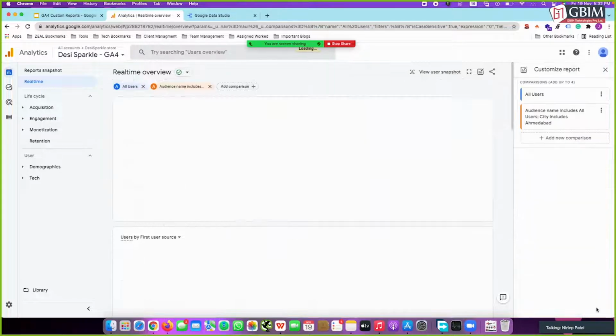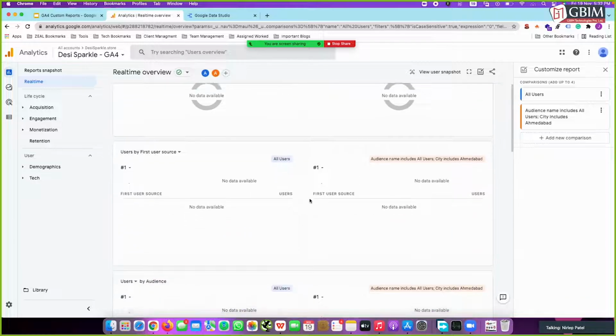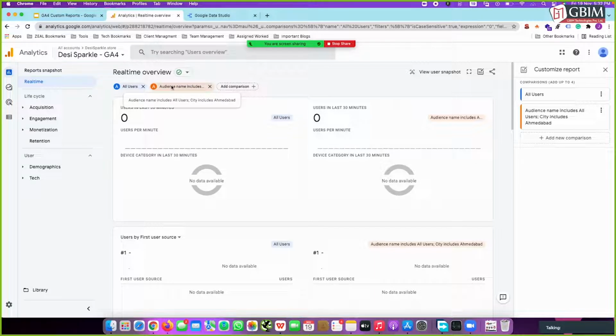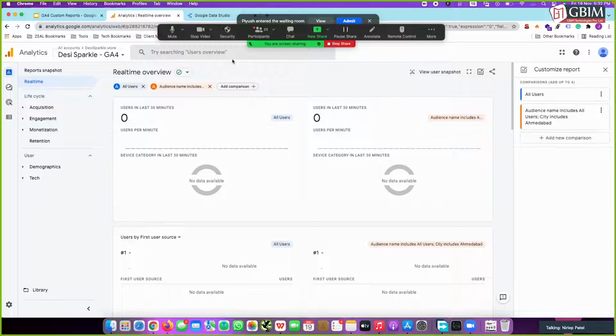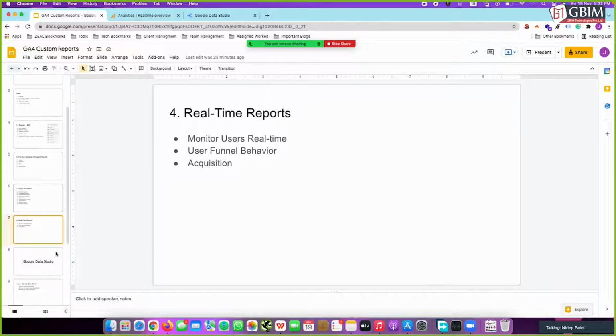So we have just added it for the time being. So these are proper, so we got an output out of it. Otherwise you would have got a pop-up at this place and it would be highlighted in red that these parameters are not properly added. So this is it for the real-time and report snapshot. We'll just go back to the other parameters and Jayesh will be guiding you for the same.